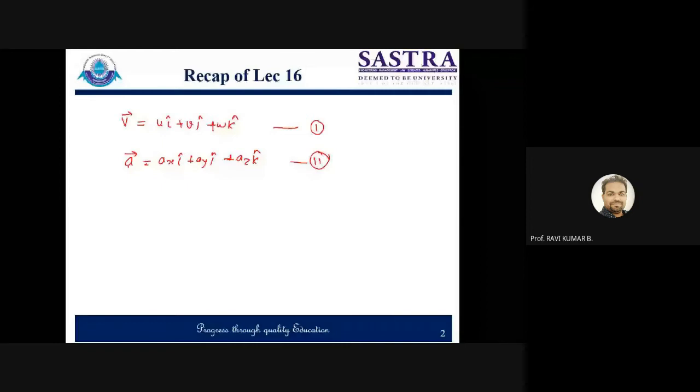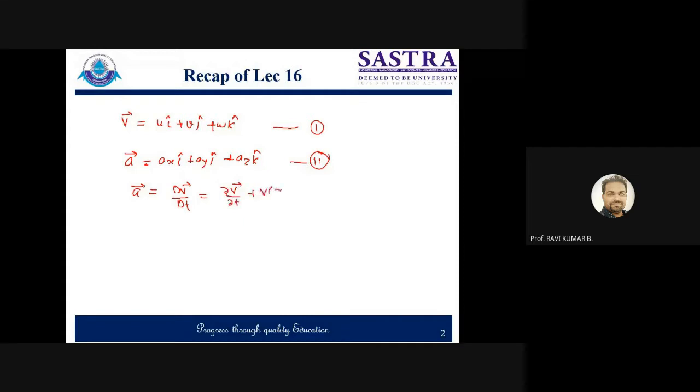From here, you derive the differential form, which was DV/Dt, that is also written as ∂V/∂t plus V dot the gradient of V. So this was the form you were getting for acceleration in differential form. And this is the resultant velocity that we derived by considering the Eulerian approach. So we are following the Eulerian approach.